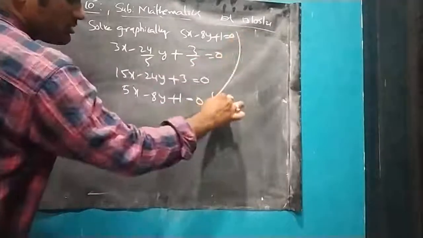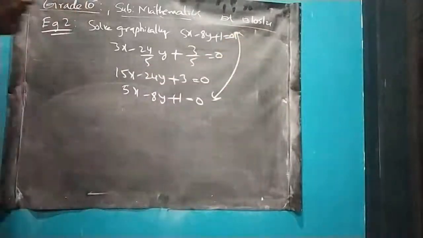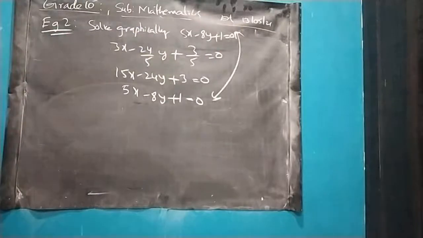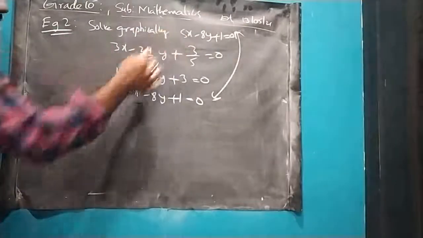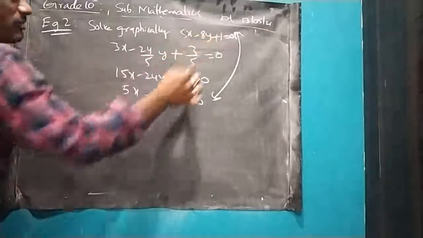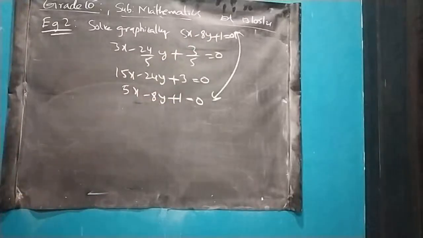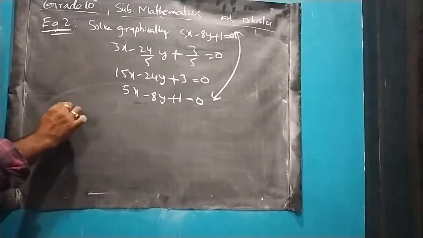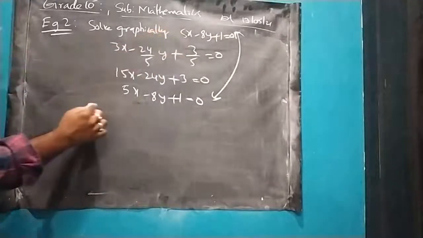Observe these two equations. Are they equal? Yes, they are equal. So what are we going to get? A1 by A2 value, B1 by B2 value, C1 by C2, all are equal. So in this case, the graph lines are coincident. So coincident means how are we going to plot here? If the graph question is like this, how to plot this?